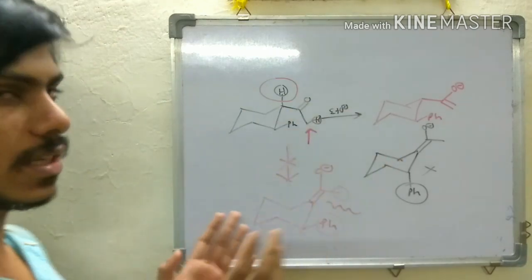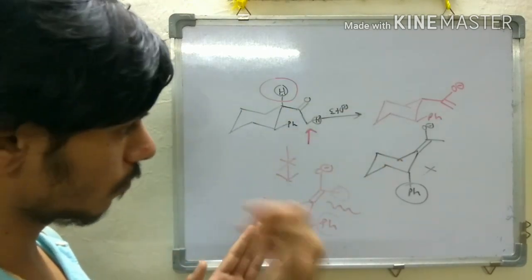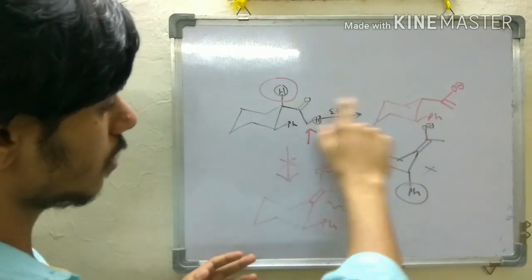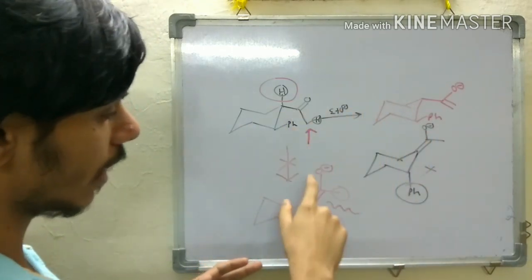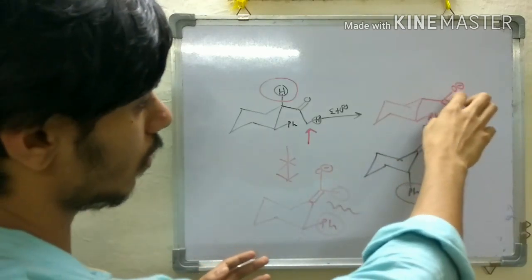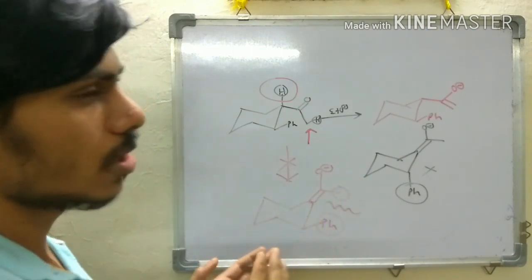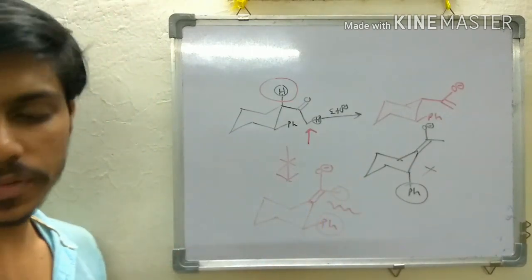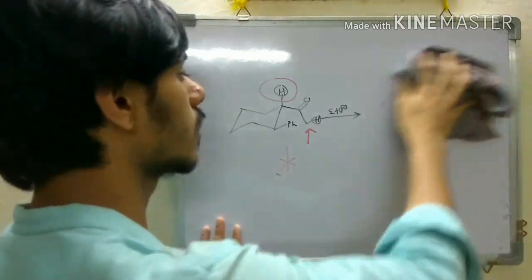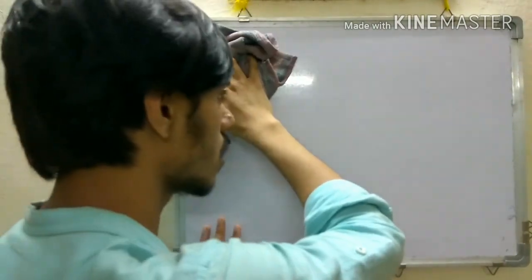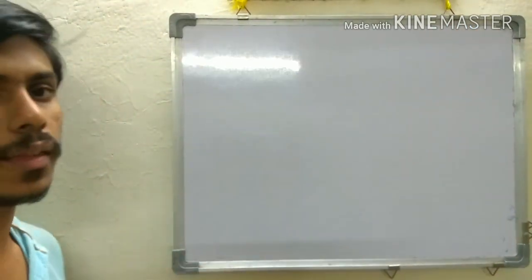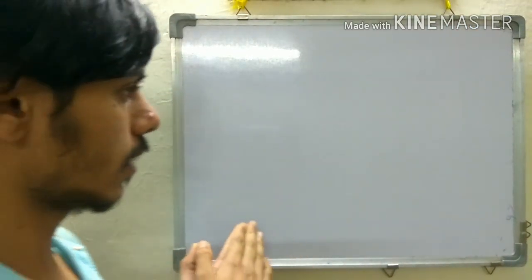So the take home message from this problem is that if you have this type of system where you can get allylic 1,3 strain, you will always analyze this side and not this side. So this problem is very important, and if I get any further explanation for this, I will let you know, but for the moment I don't have another explanation. If you know it, then you can